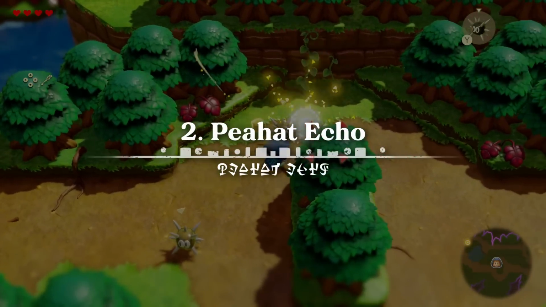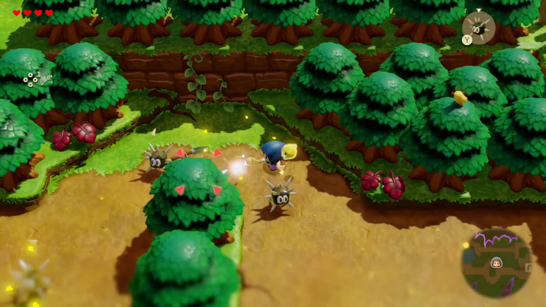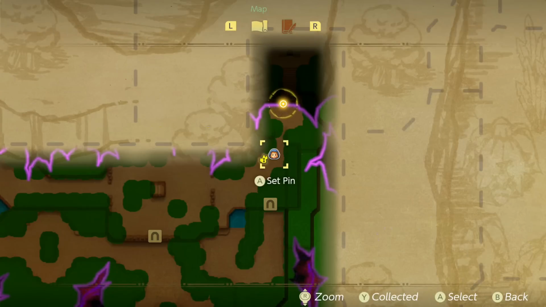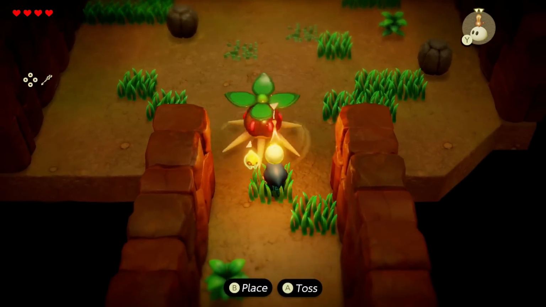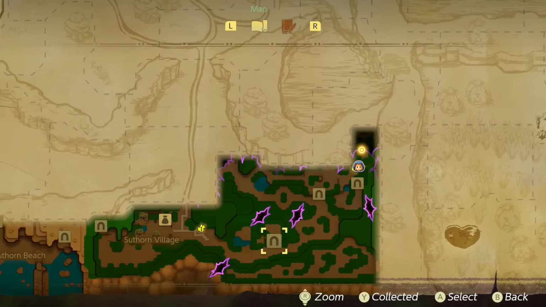Before Zelda reaches her first dungeon, she explores Suthorn Forest, where she learns the basics of combat. Before heading into Suthorn Ruins, it's worth checking out this cave just south of the Rift entrance, which contains a P-Hat. It's vulnerable to fire, so if you've grabbed the Ignazol Echo from the cave east of Suthorn Village, you